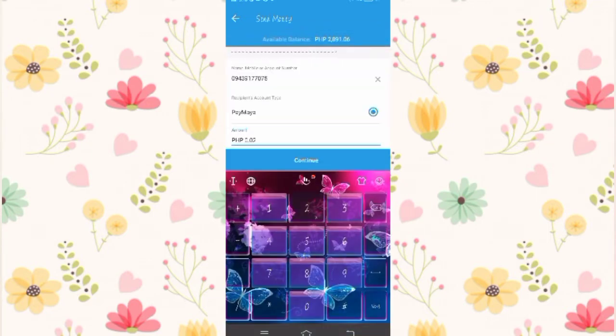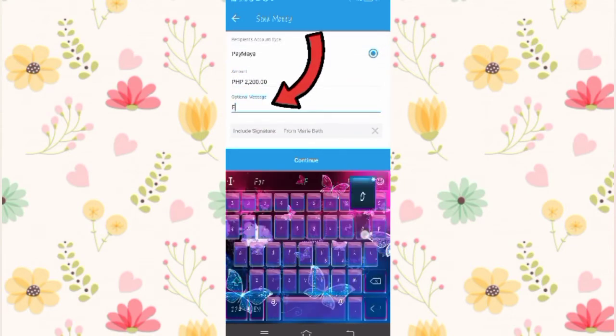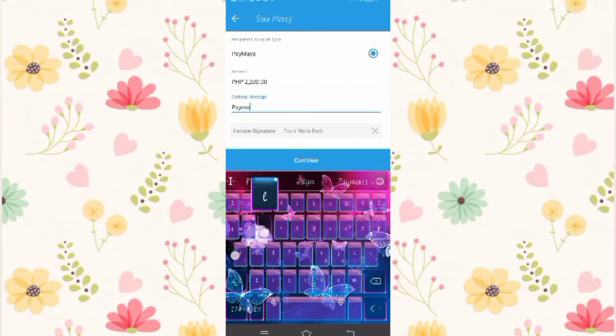and then dito sa baba ilagay mo kung magkanong amount ang babayaran mo. Pwede mo lagyan ng note kung gusto mo, payment for